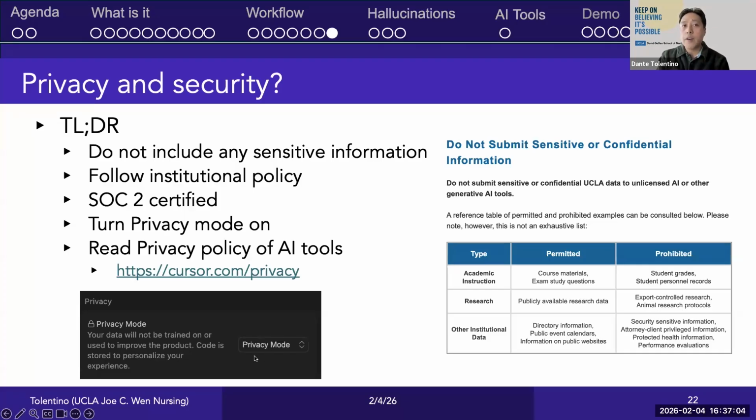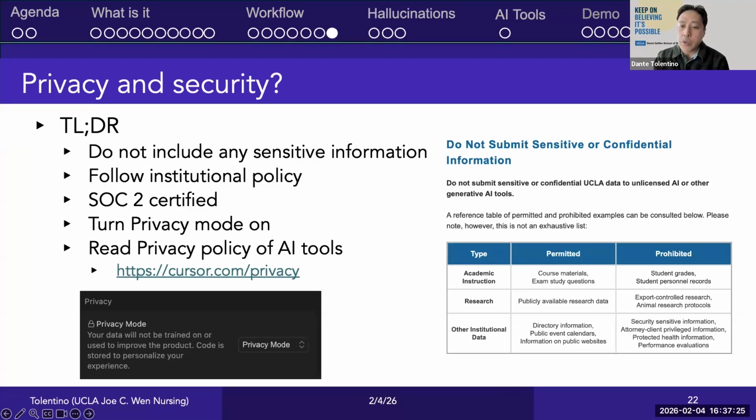If this is off, you're saying to Cursor, yes, you can use the data that I've used to train your models. So making sure that you can turn on that privacy mode is a good way also to protect the data that you're using. And then check your institutional policy, right?